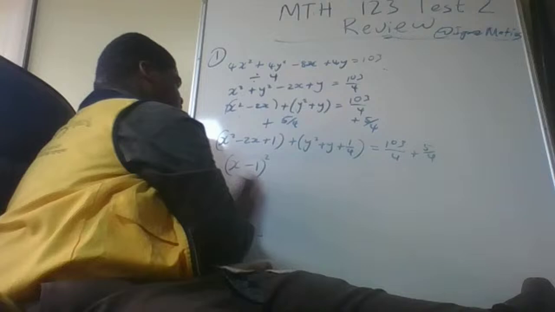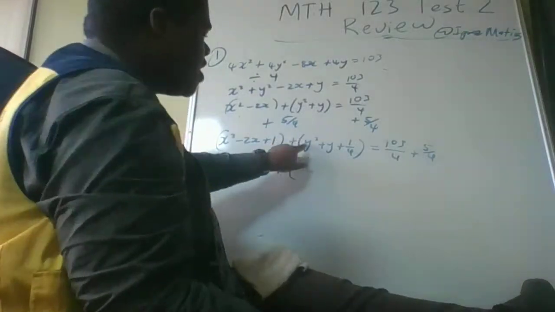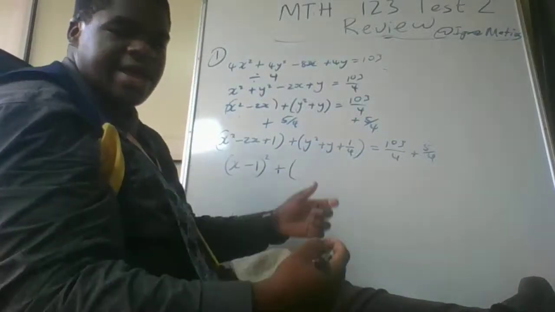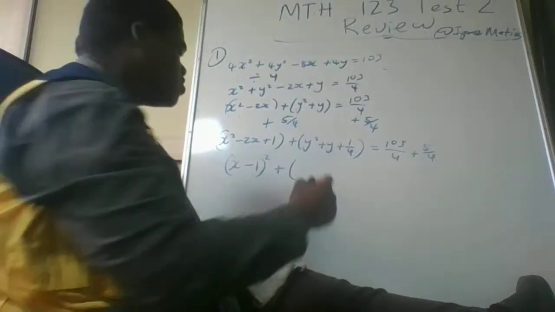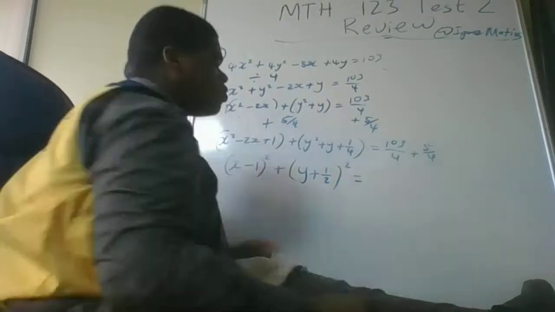You can replace everything inside this bracket with x minus 1 all squared, plus the same thing happens for y. You have y squared plus y plus 1 over 4. Remember, we had y plus a. Our a was equal to 1 over 2. So this will be y plus 1 over 2 all squared is equal to